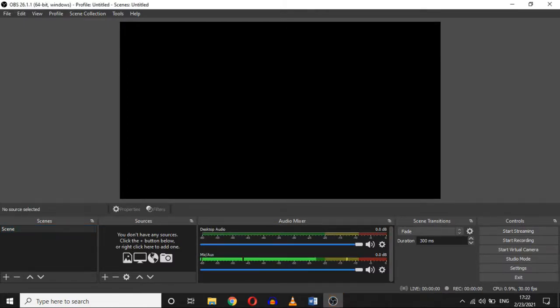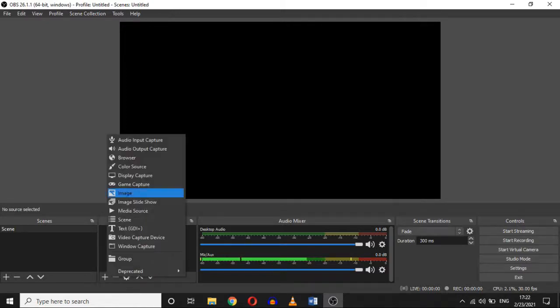You can clearly see it has a very simple user interface. It is set in dark theme by default. Under the control section, we have 5 sections. The first section is the scene section. Under the scene section, we already have a scene with no source. Sources are basically the things through which your information or data comes through. Examples: audio input capture, which is your mic, audio output capture, which is your speakers, and you have many other captures like that, or sources.